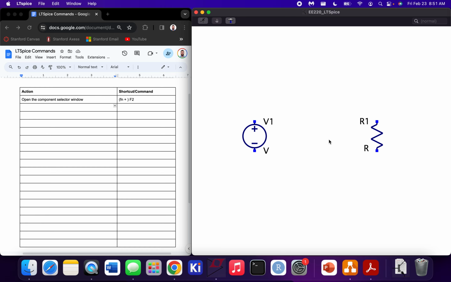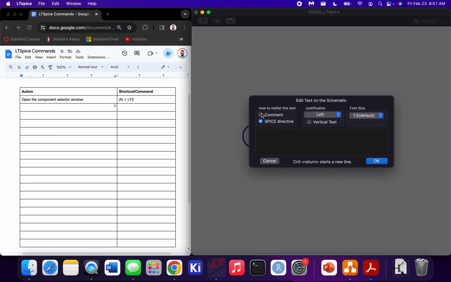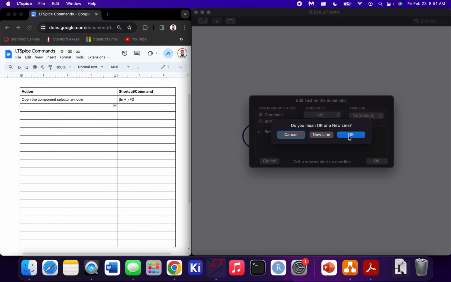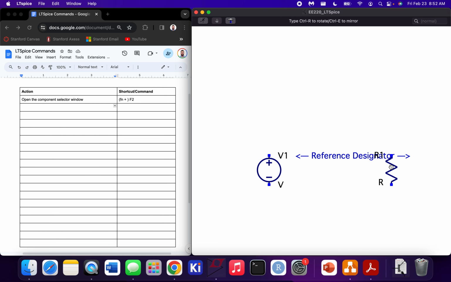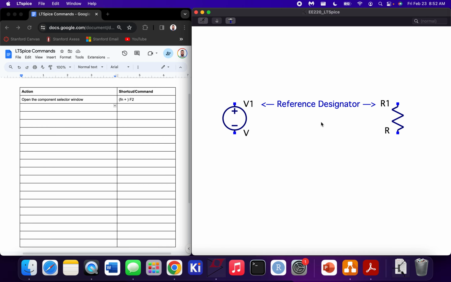Let me just go ahead and put a little comment in here, make an arrow. I'm going to say that this is called the reference designator. Let me go ahead and put that down. Okay. So up top there, V1, R1, those are called reference designators. What those basically tell us is, when I compile a schematic and I want to run my circuit simulation in LT Spice,